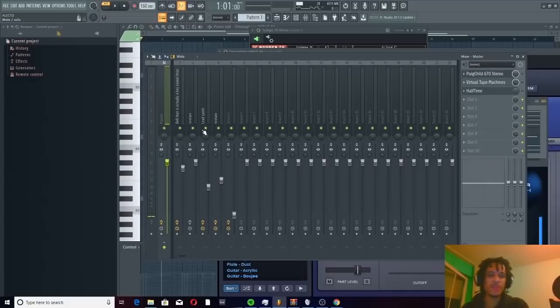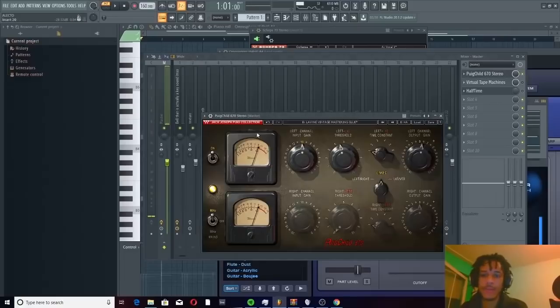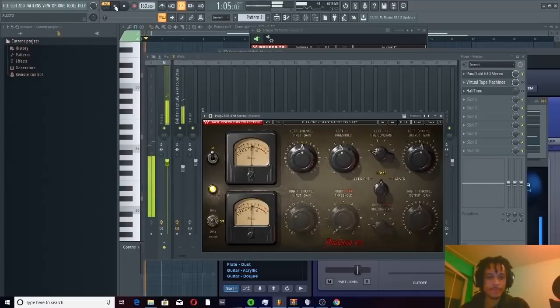And what I do for that is that I add a compressor, and I once again look at the meter and make sure that it doesn't go over a reduction of 3 decibels. I turn off the analog, and I make sure that the time constant is at either 1 or 6. And at last